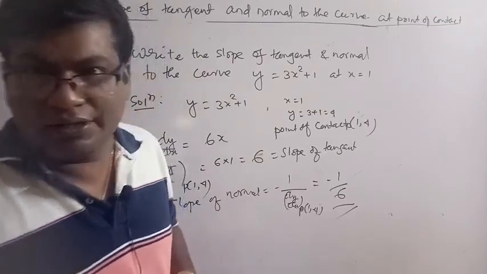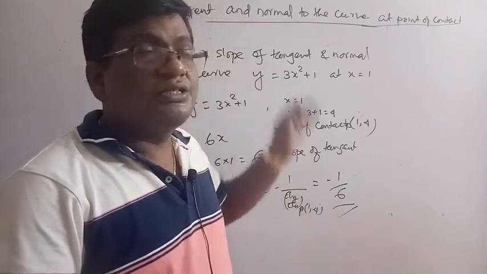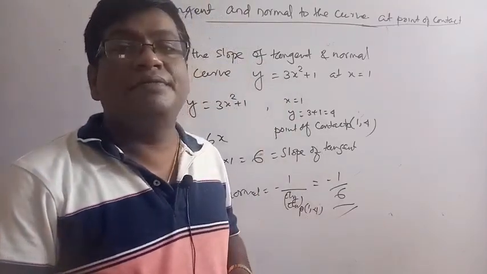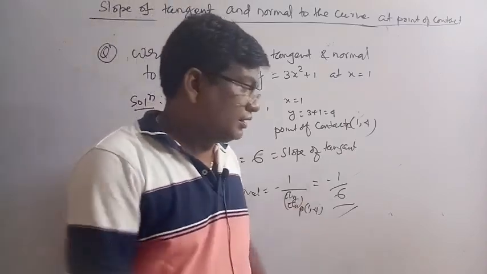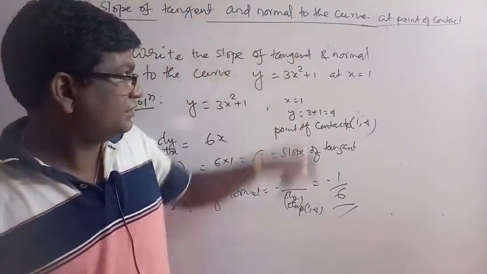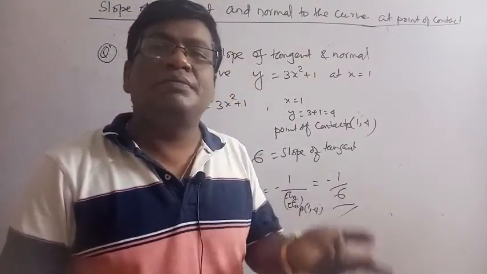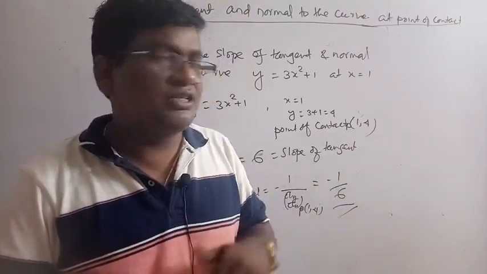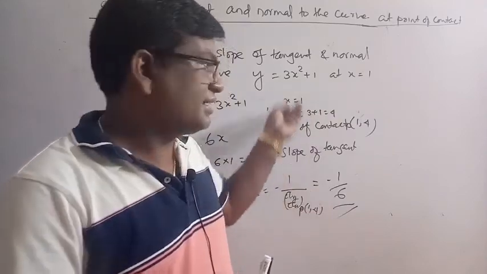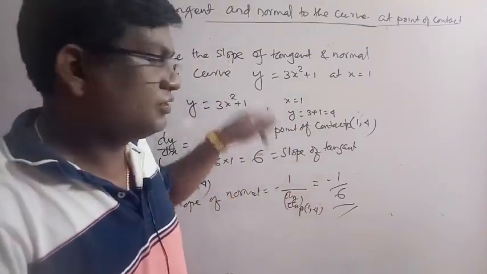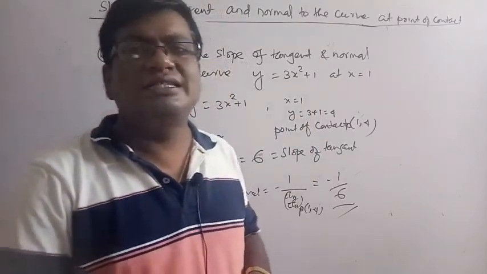This is the meaning of the derivative of the function. In the next class we will read in detail the slope of the tangent and normal, the equation of the tangent, the equation of the normal, and some problems. For understanding, only one short question here. In the next class we will solve more questions to better understand.